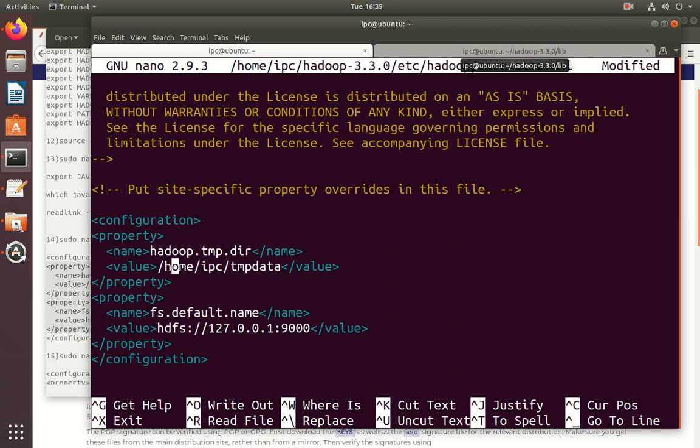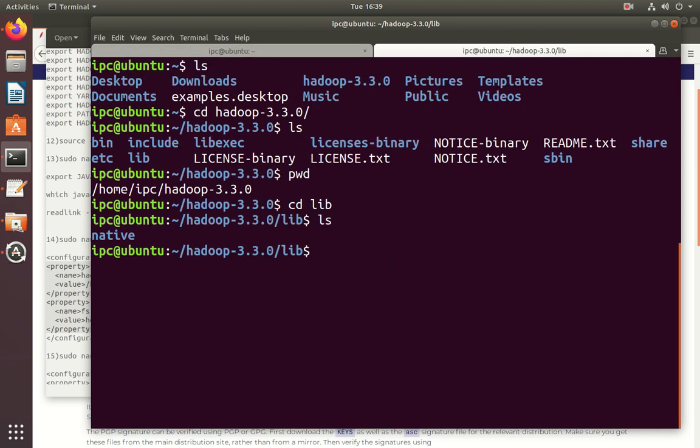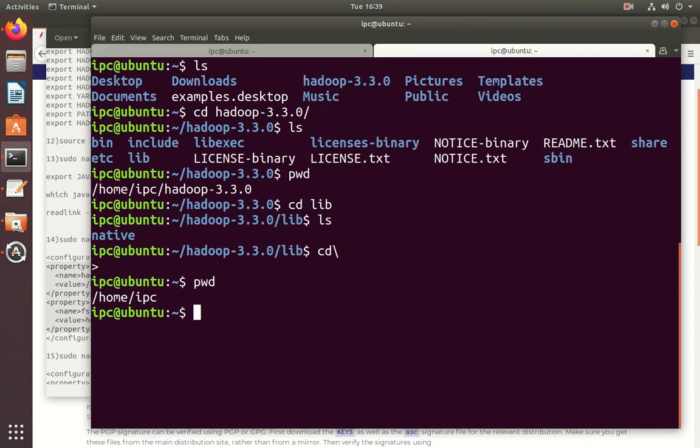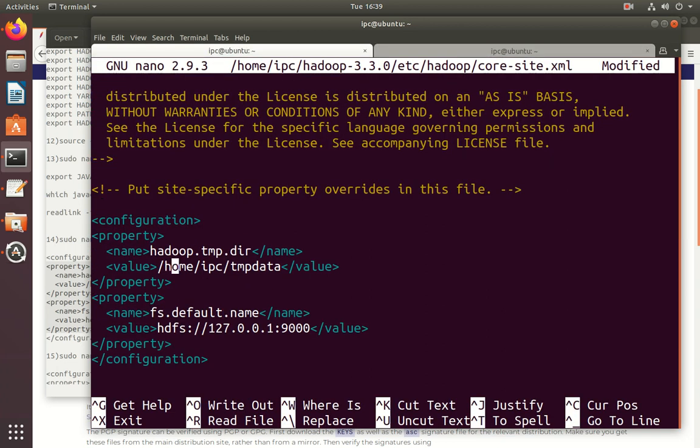Let us create this tmp data directory here. I am at home IPC. Create the tmp data here by using the mkdir command, mkdir tmp data. The directory is created.